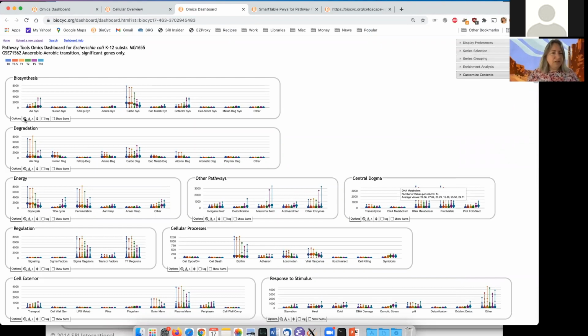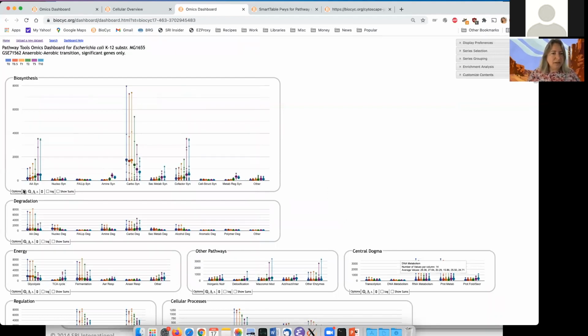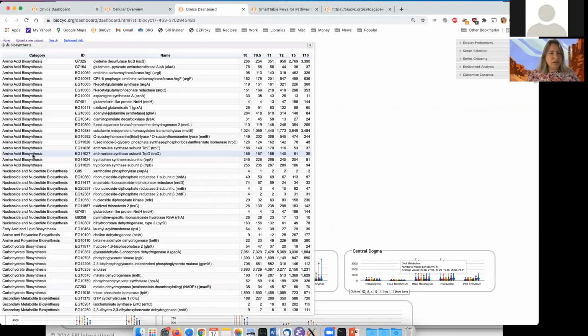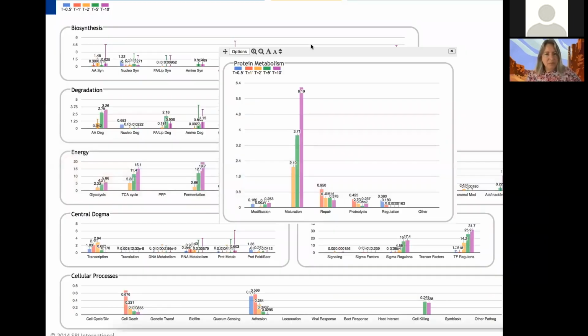I can change the size here, the font size. Whoops, that's not what I meant to do. There, I changed the size of it, and I can also increase the font. And I can export this to an image if I want to use it for publication, show the data just for this panel, etc. So there's lots of things I can do here. But I think I should move on,